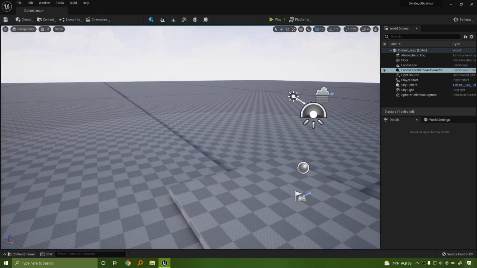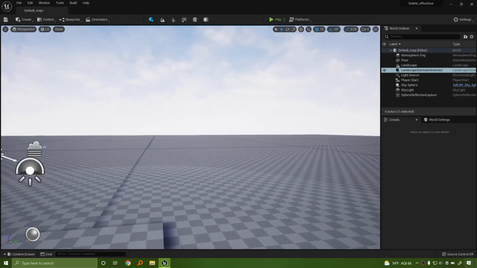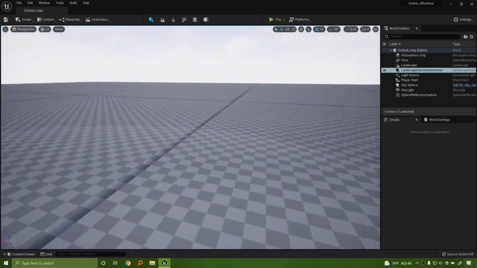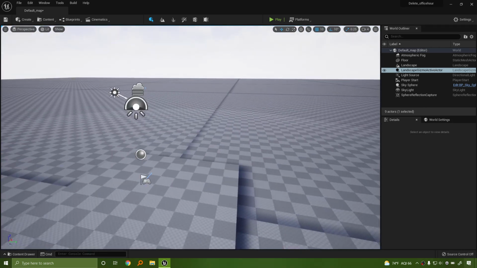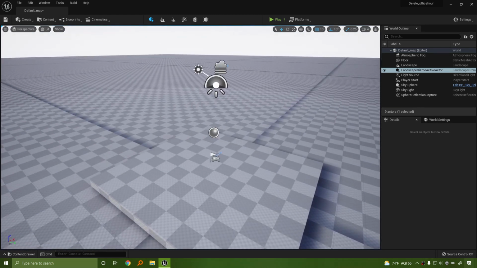Now, don't worry about those black lines. If you have black lines in your scene, you don't have to worry too much about that. We can just fix those in a future demo. This is not going to be a tremendous issue to solve. It's a visual bug. We don't have to worry about that.